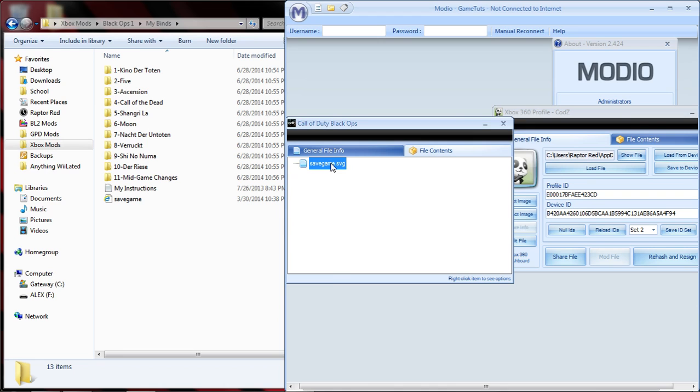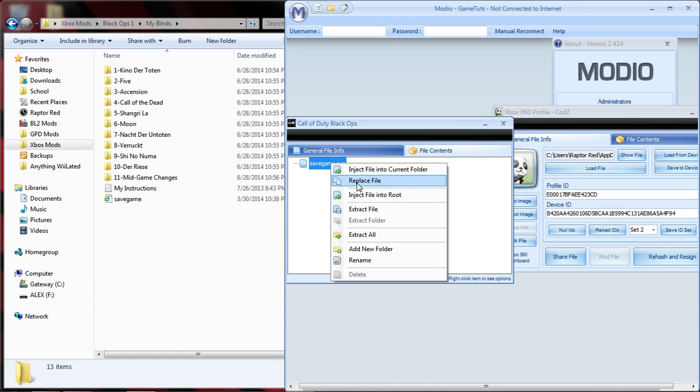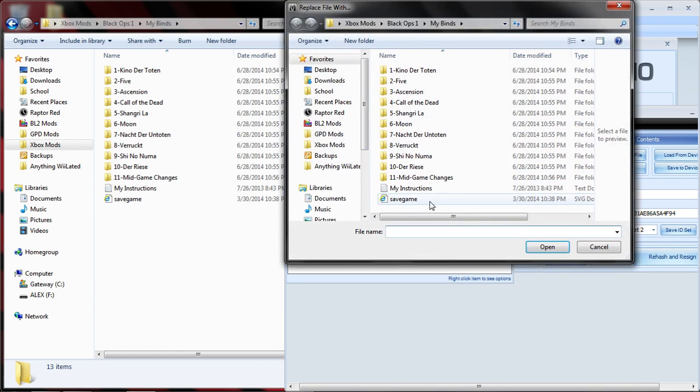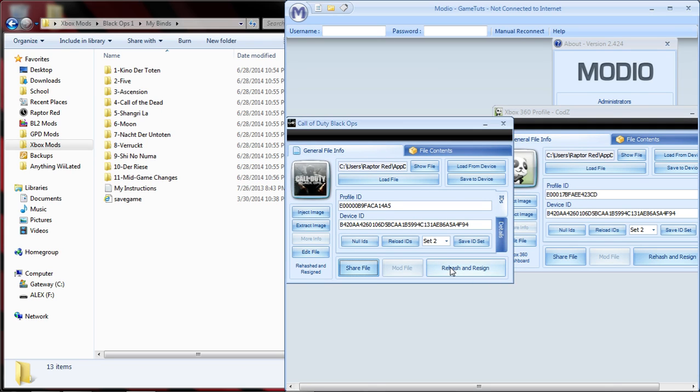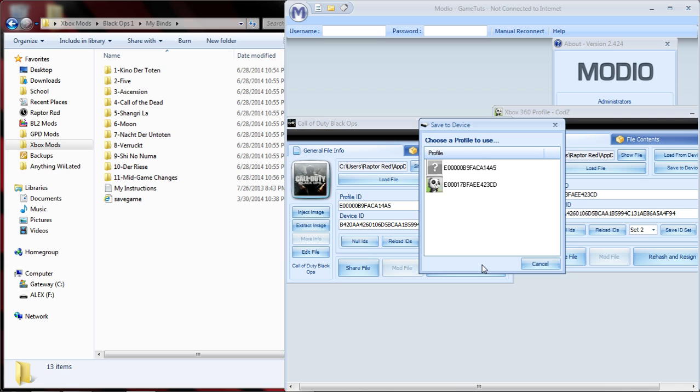go to File Contents and just right click the save game, say Replace File, and then replace it with the one that I included in the description. And then you say OK, and then make sure you rehash and resign. Just do it like twice or whatever. It takes like half a second. It'll give you confirmation in the bottom left, and then just click Save Device, and then make sure you save